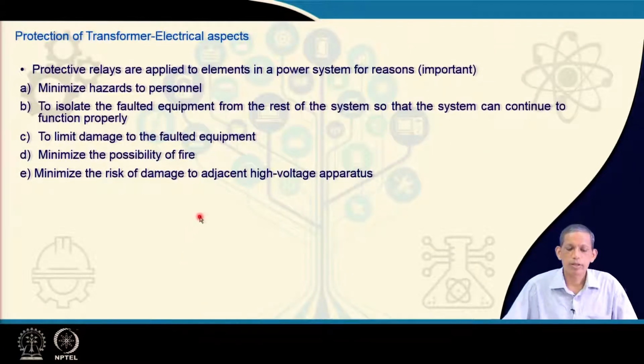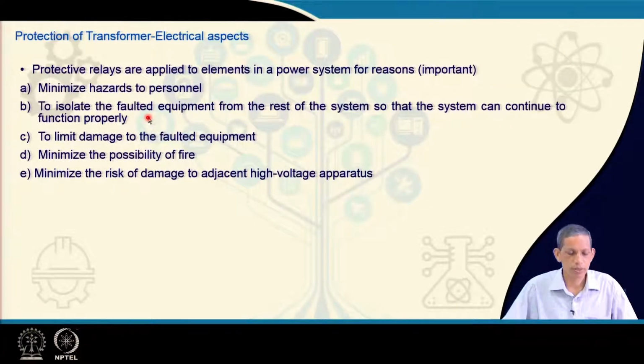Protection relays are applied in transformers in power system regions for these reasons. When you go for the design, the first and foremost thing is that it must minimize the hazards to personnel, so it has a time-related issue also. It must isolate the faulted equipment from the rest of the system, so that the rest of the system can continue to function properly,